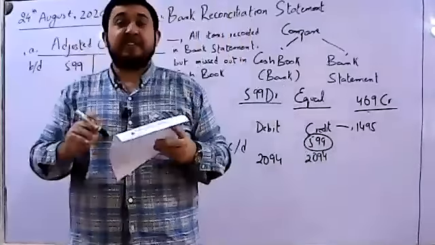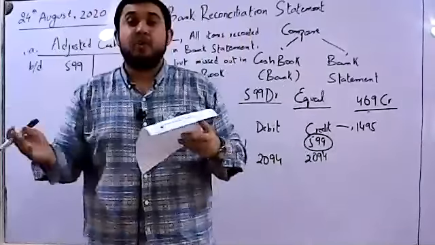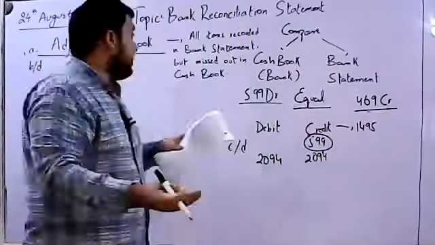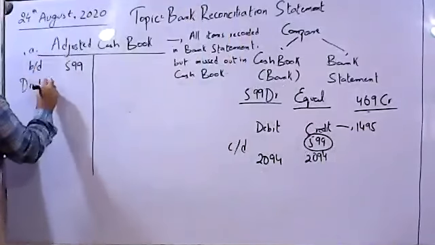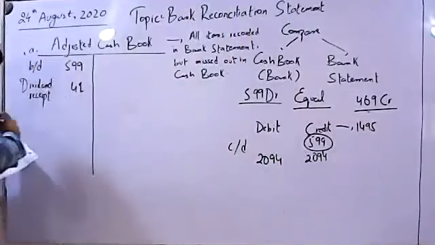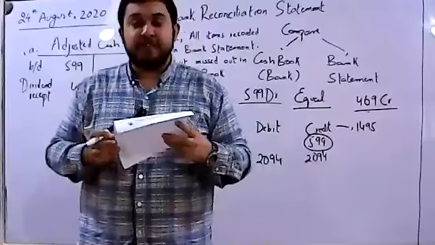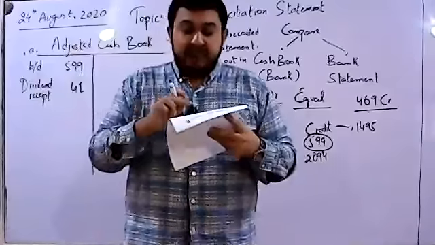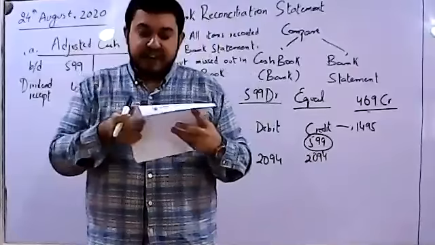This is a dividend receipt, meaning it is a credit transfer which was directly sent to your bank account, but you had no details in the cash book. Now, when we have the bank statement with us, we can record this into our adjusted cash book. Dividend receipt, that is $41. Okay. This was all about the credit side of the bank statement. Let's move on towards the debit side of the bank statement. We will start with the figure 88 in the bank statement. Do we have 88 over there?